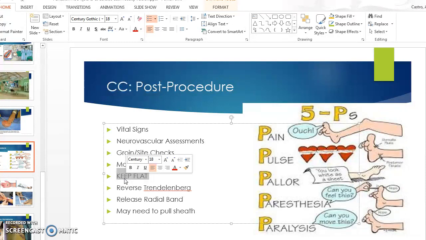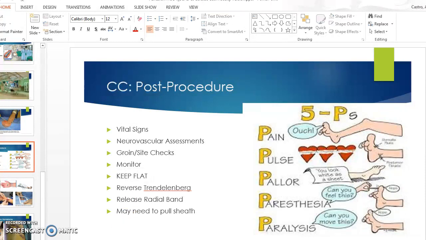Our plan of care includes keeping the patient in bed for at least 4 to 6, well, 2 to 6 hours afterwards. It just depends on your physician. It depends on how coagulated the patient is, and also if an Angio-Seal or like closure device was used to close up the area between the skin and